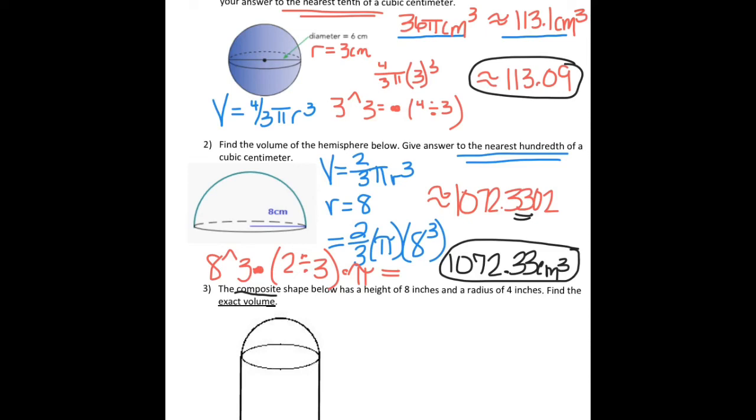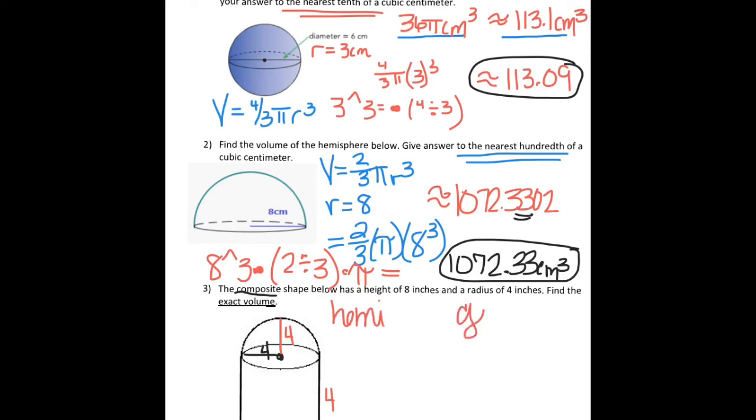So if this shape has a radius of 4, that means this is also 4. But remember what we just learned about spheres, that means this is also 4, so the cylinder can actually only be 4 units tall. So we have a hemisphere